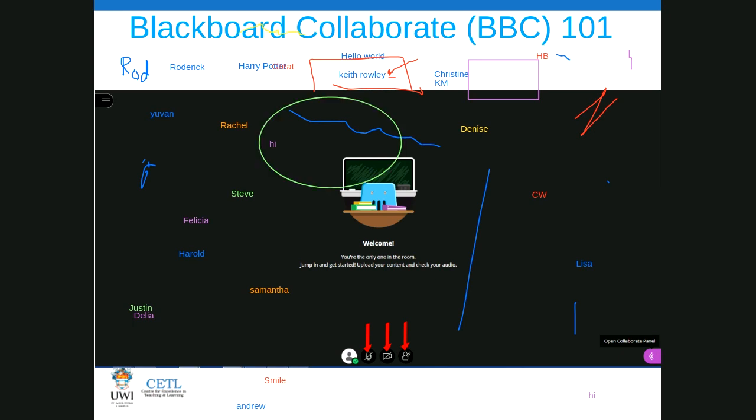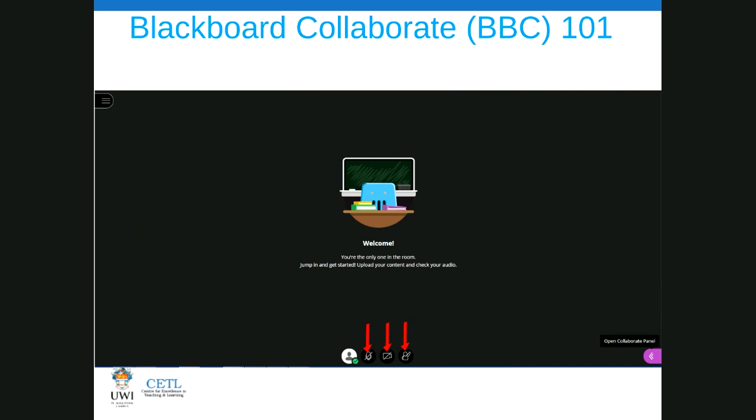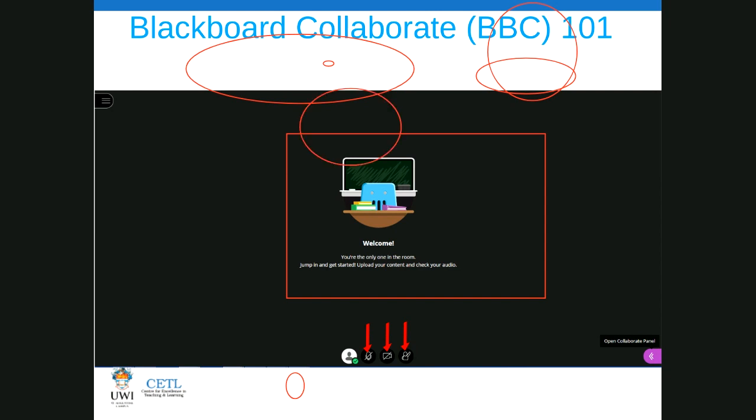Then I simply click on the shapes icon, which is next to the pencil. So let me clear the board. I want you now to place a circle or square or rectangle around the word welcome. There we go, right?